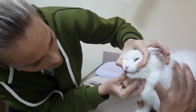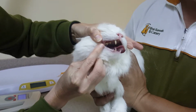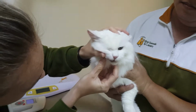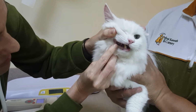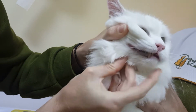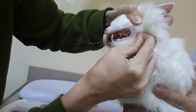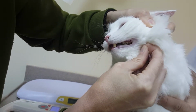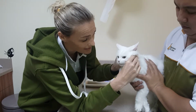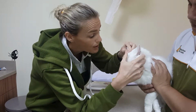being looked at, and that's because when you have a little look in here, you can actually see how red and angry his teeth are, and how sore his gums are. He's got some thick tartar, which is calculus, sitting on there. And he's actually quite painful. So we can see immediately that he is a candidate to have a dental, so that we clean those teeth up, and potentially sometimes if they have holes in them we have to remove those teeth too,